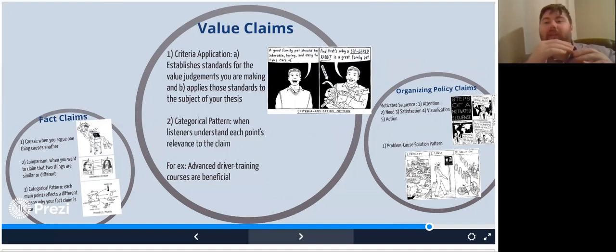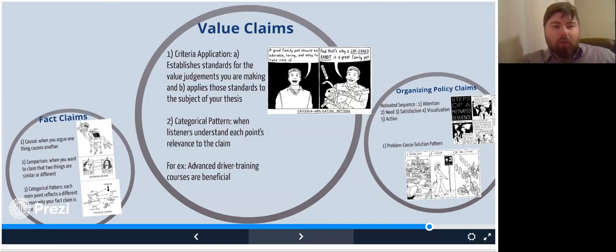So criteria application, you could say these are the qualities that I want in a pet, and then you would say, well, here are the animals that fulfill that. So the animals that have some sort of emotional intelligence, some mental intelligence, and that have feelings and can recognize you and that you can interact with, those would be things like cats and dogs, and I don't know what else. Maybe a python, maybe a snake. I don't know. But that's where criteria application comes in.